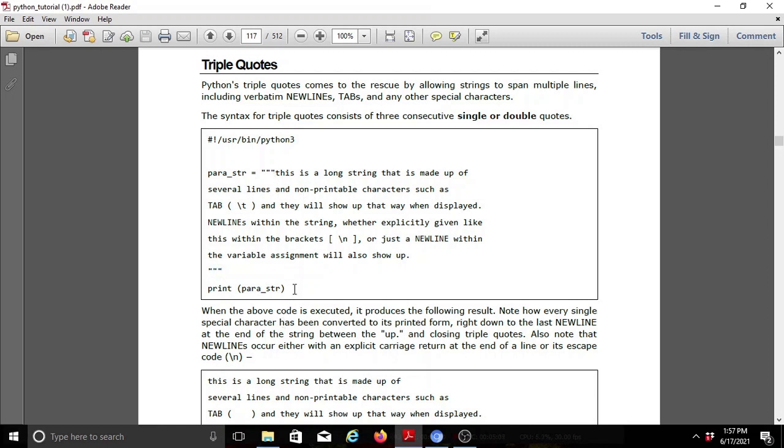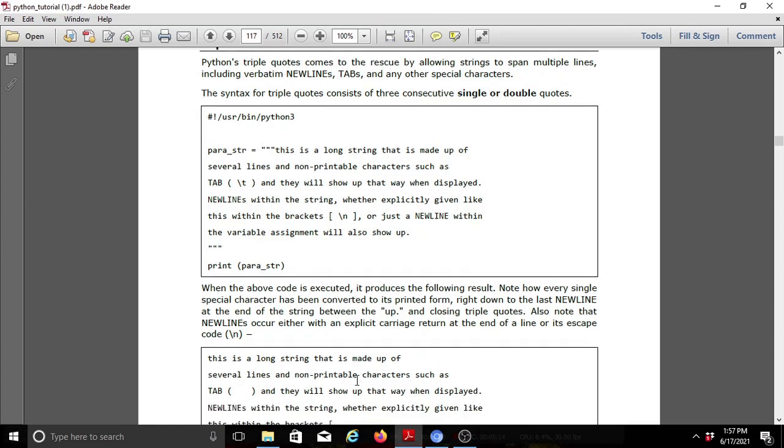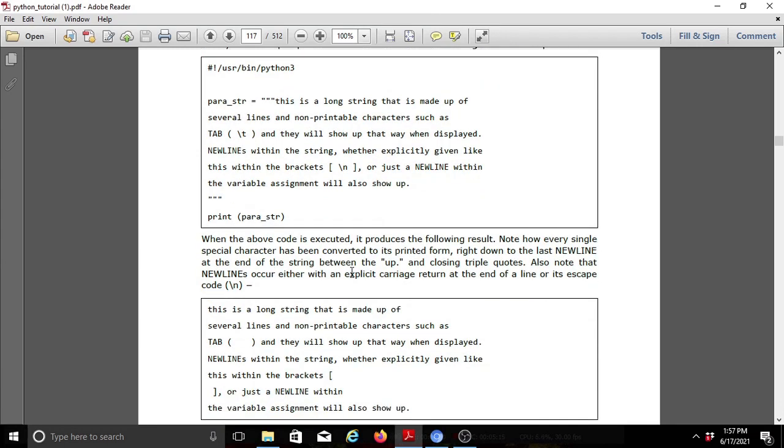Next I am printing the statement on the output screen, and I get the total sentence. Why? Because the total sentence is enclosed in triple quotes. The Python interpreter reads the print statement, executes it and prints it on the output screen.